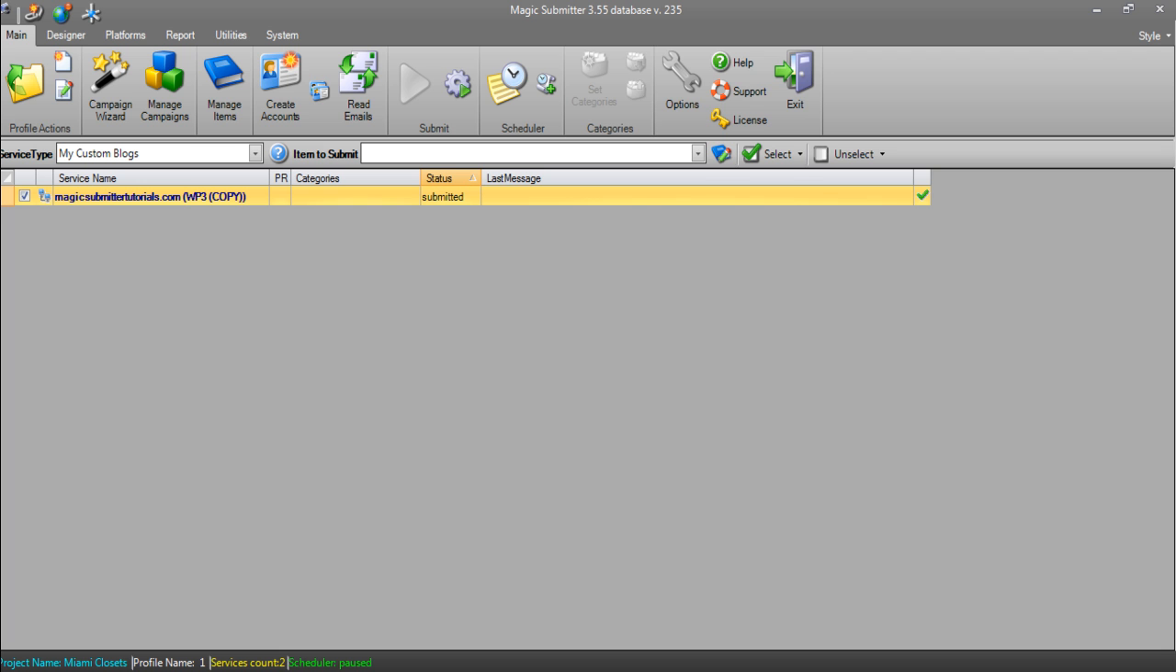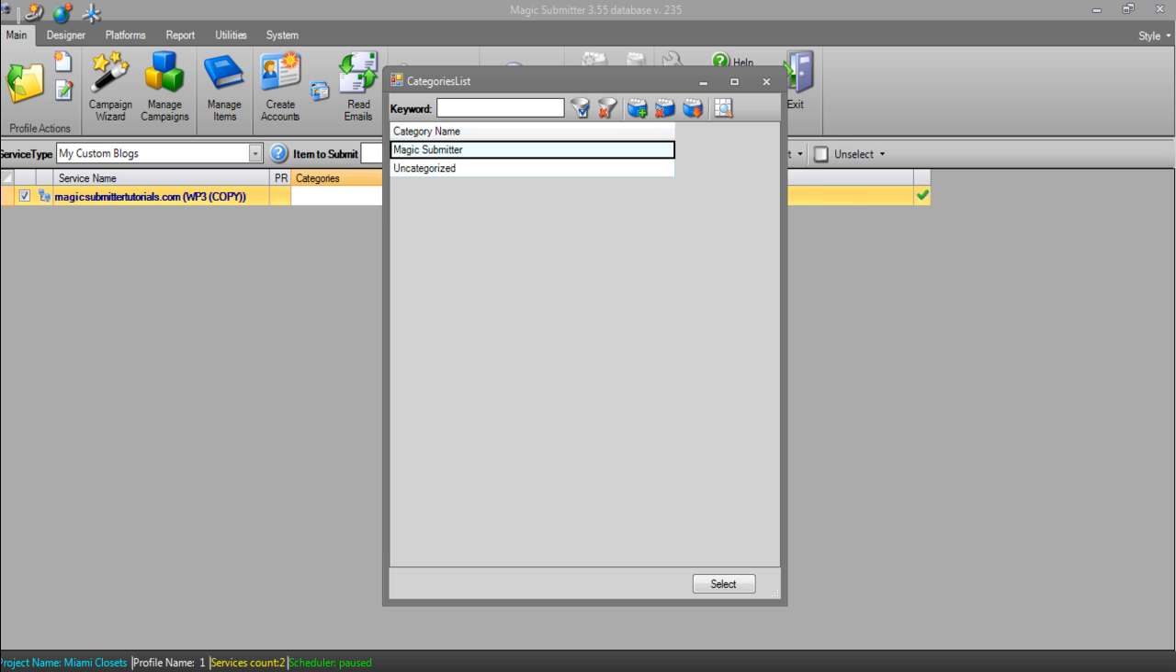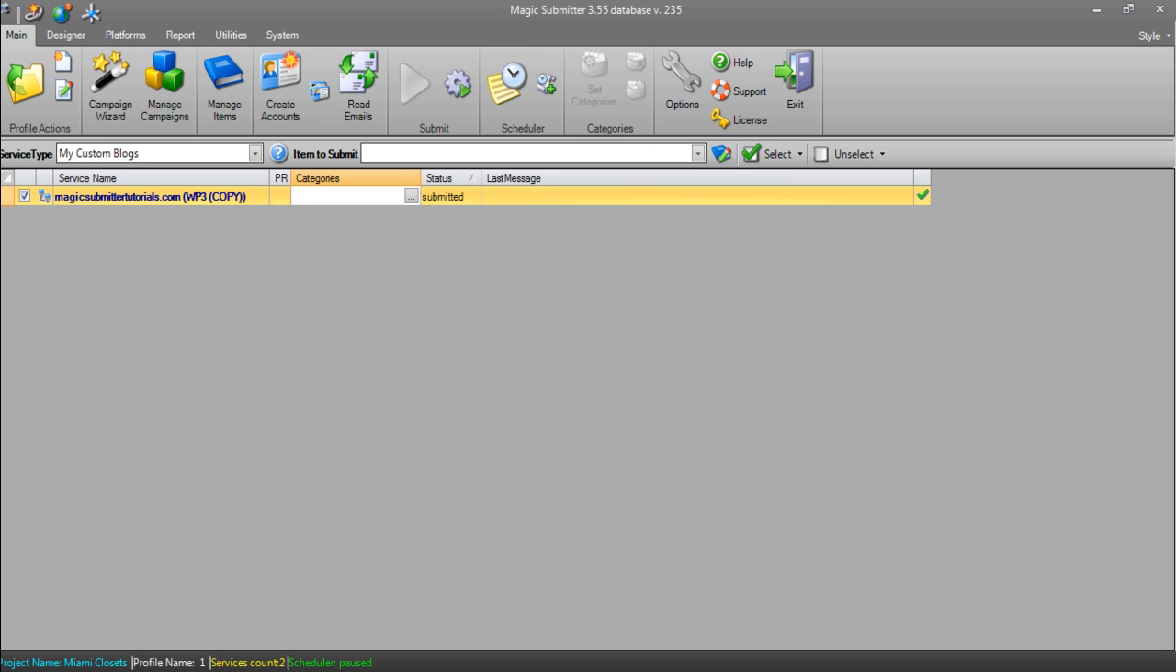Okay, so I've just seen the status of this now says submitted. And that means that Magic Submitter was able to successfully log into my blog and it was able to pull the list of categories. And if I click on this now, you can see I've got two categories. I've got one called Magic Submitter and one called Uncategorized. So that's fantastic. I've now got that connected, and I could go through and add all of my different blogs